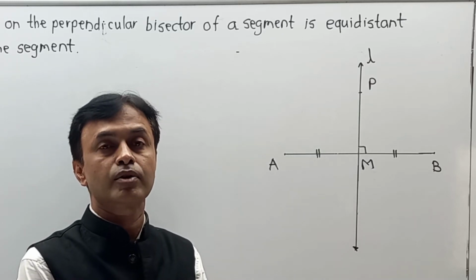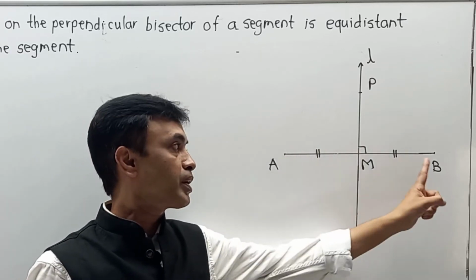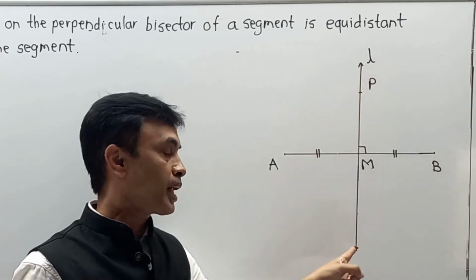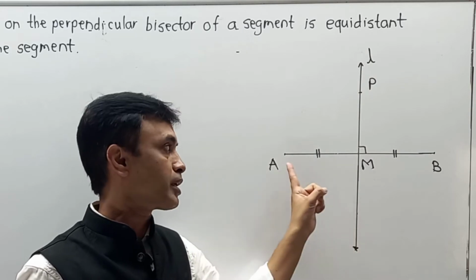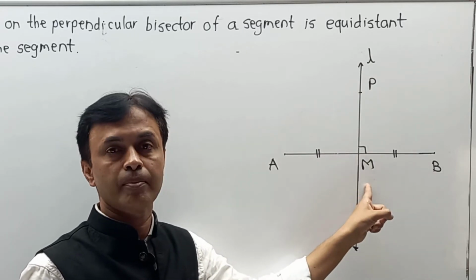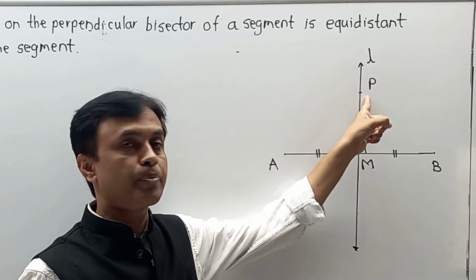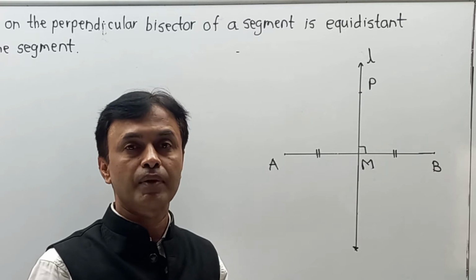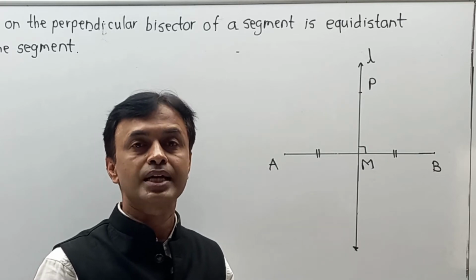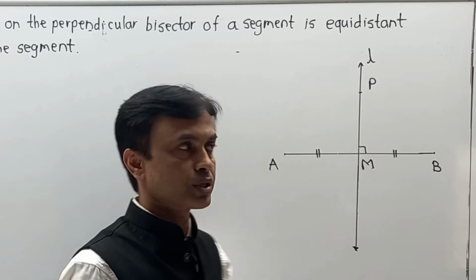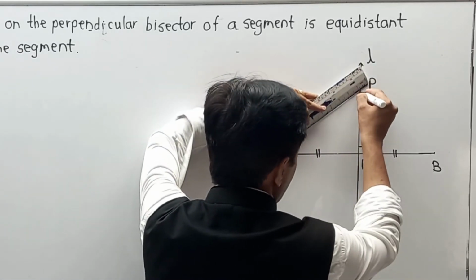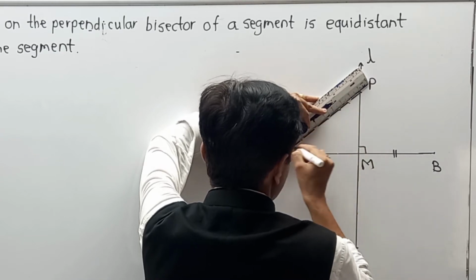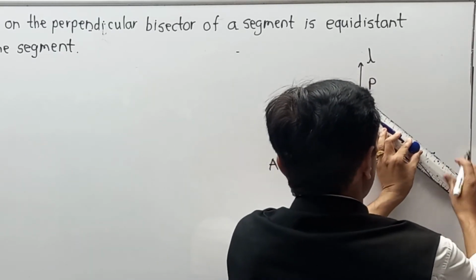Now let's once again try to understand. First they have given a segment AB to us. Then they have given a line L which is a perpendicular bisector of AB at point M. Then we take any point P and we have to prove that PA is equal to PB. Definitely it is not available over there, so we are going to draw it as an extra part, which is nothing but construction. So here I am going to draw PA and second PB over here.